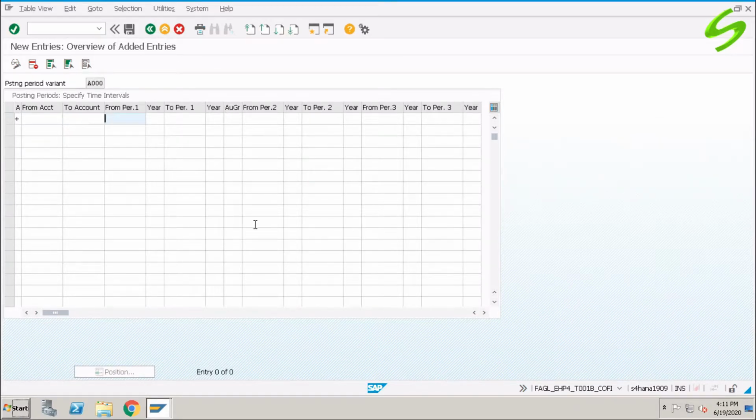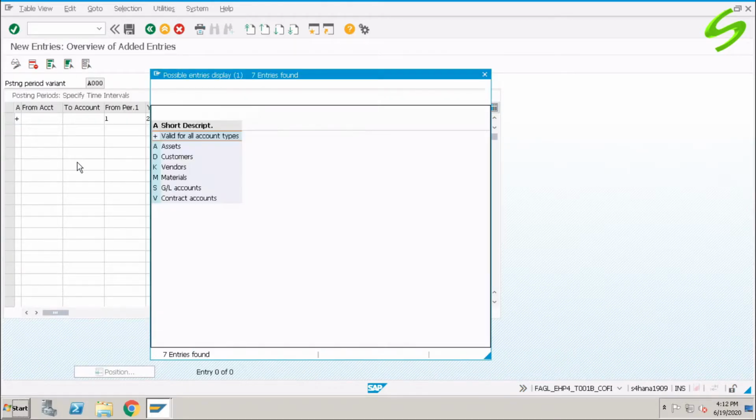Plus, then from period 1, we are in 2020, to period 12, 2020. You can see the period 1 intervals here, and this is period 2 intervals and period 3 intervals. So you can simultaneously manage 3 different periods in the same screen. So let's define for the second